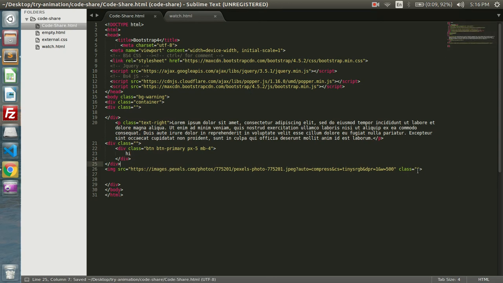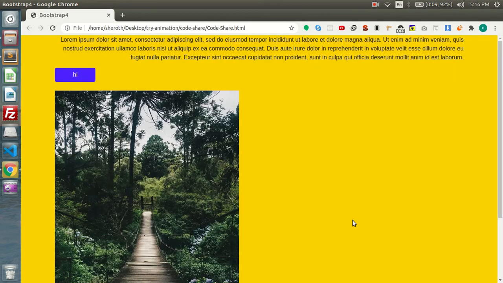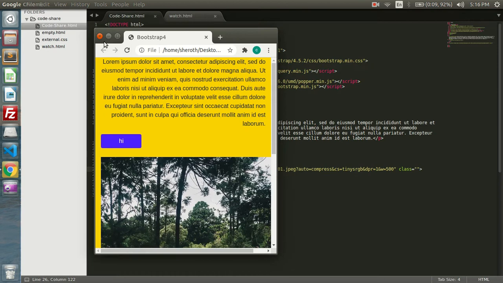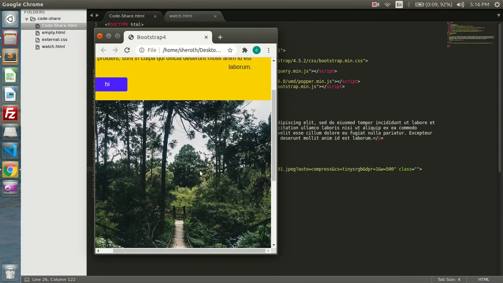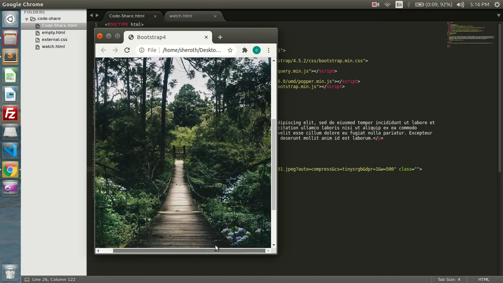Okay, then we check images. What are the classes used for images? Generally this image is not responsive. Let me check this. See, a scroller is coming. If you have a scroller on the x-axis, it is unresponsive.